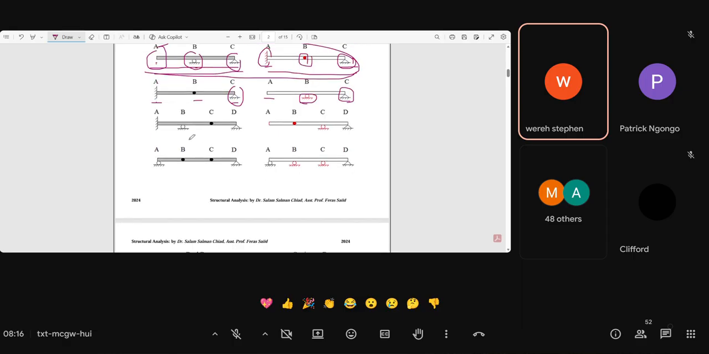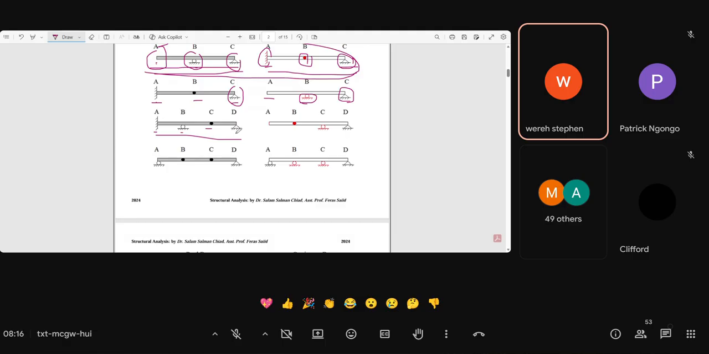Now we also have another type of beam here. Initially it is fixed at A, at support B you have a roller, at support C you have a hinge, and at support D you have a pin support. So if I ask you to draw a conjugate beam,